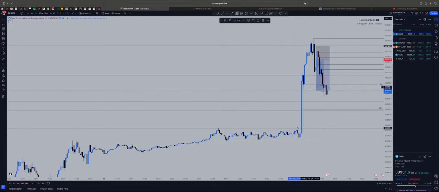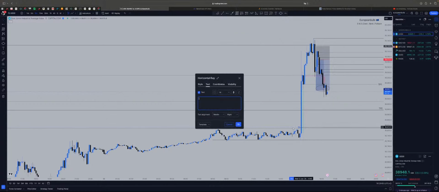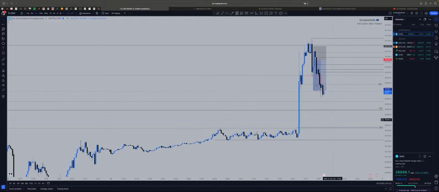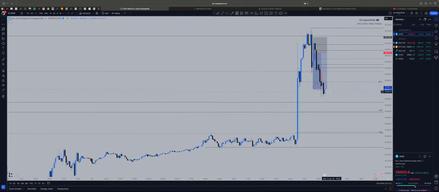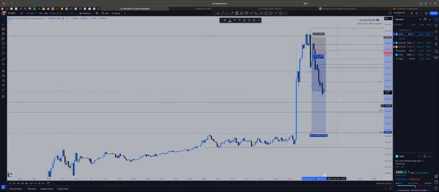People who are in drawdown and trying to recover could just put the stop loss here and let the trade run as long as you want, or as long as it hits the TP3. So I'll just mark it up so that you guys can see. That would potentially be like 5R. So for those who are risking 0.5%, you are going to make 2.5% on this trade.